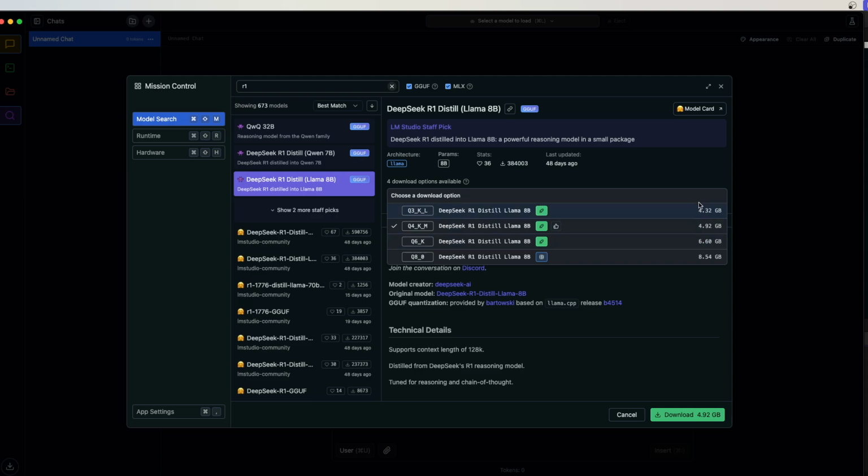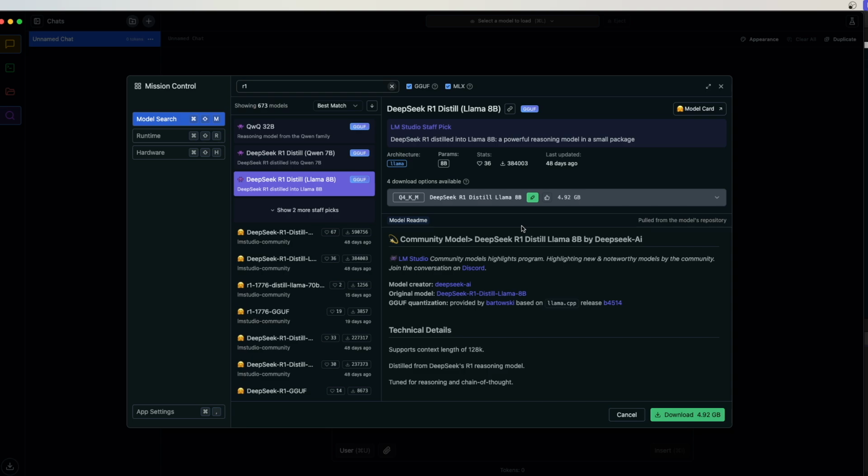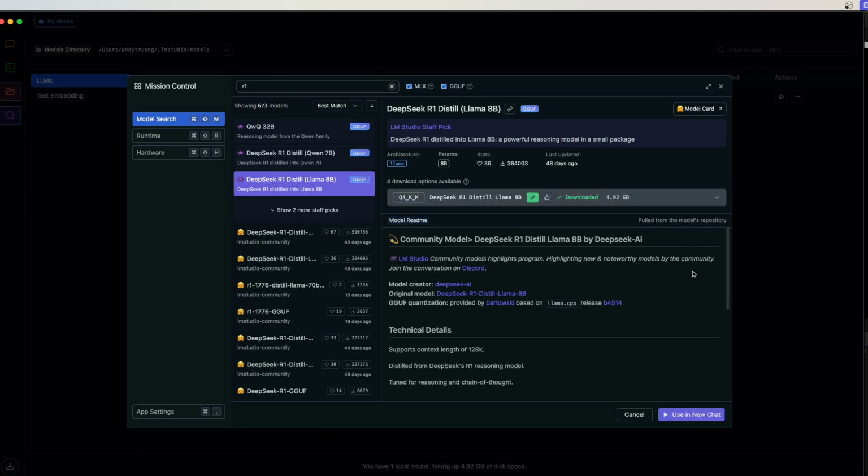Depending on the hardware you have, you would see this green icon letting you know you can run the model. For this specific example, I would just run this version by clicking it here, then click download. Once the download is complete, you can click the button in the bottom right here to use it in a